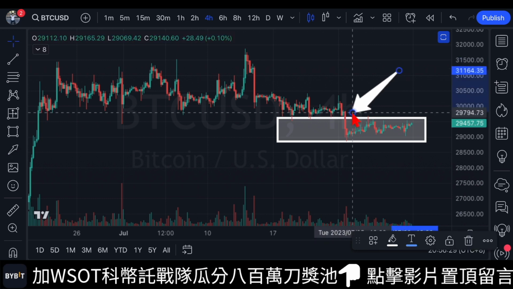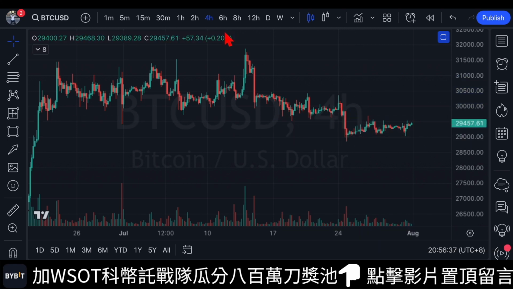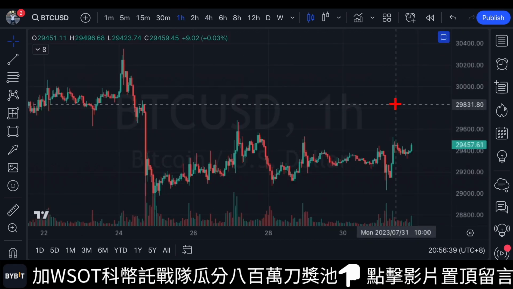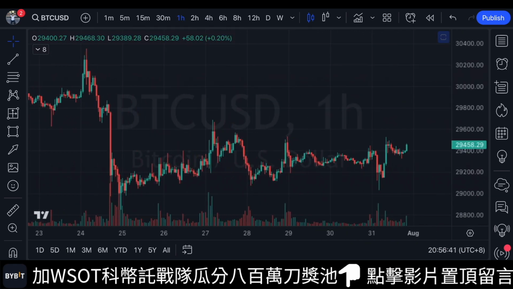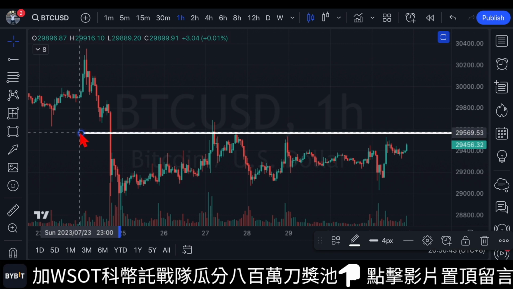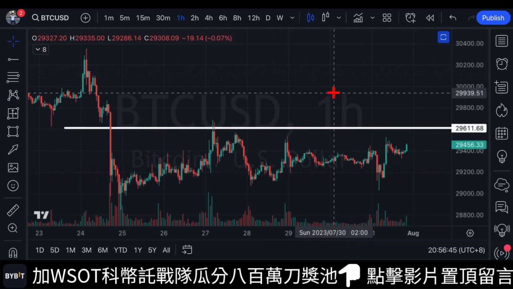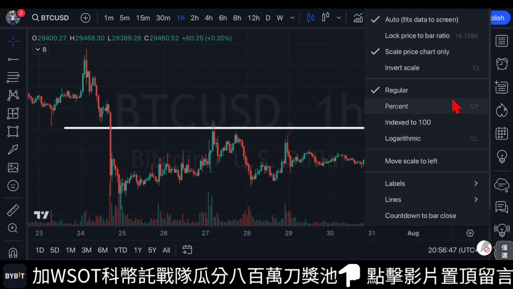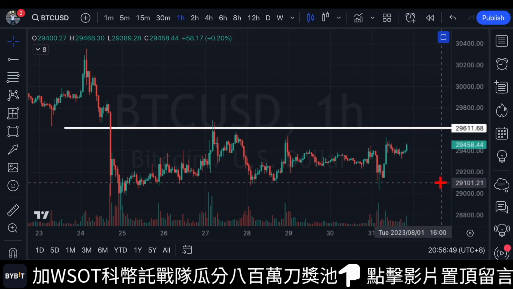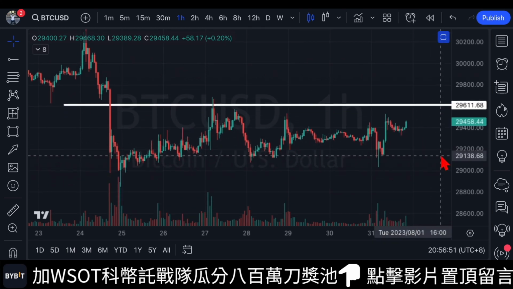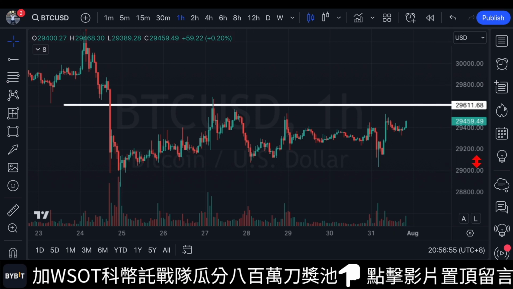Alright. Let's switch to the 1-hour chart. Here. The most crucial aspect at the moment is whether we can reclaim the S/R reversal level at the upper range. If that happens, I believe it will serve as a line distinguishing between bullish and bearish trends. To continue the bullish trend, we'll likely need to witness another substantial surge in bullish volume. Otherwise, opportunities might be limited.